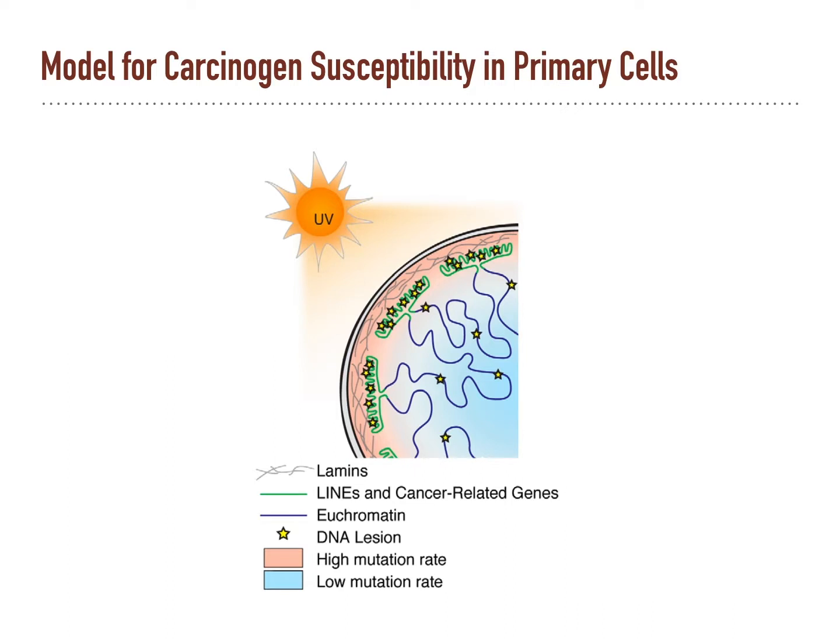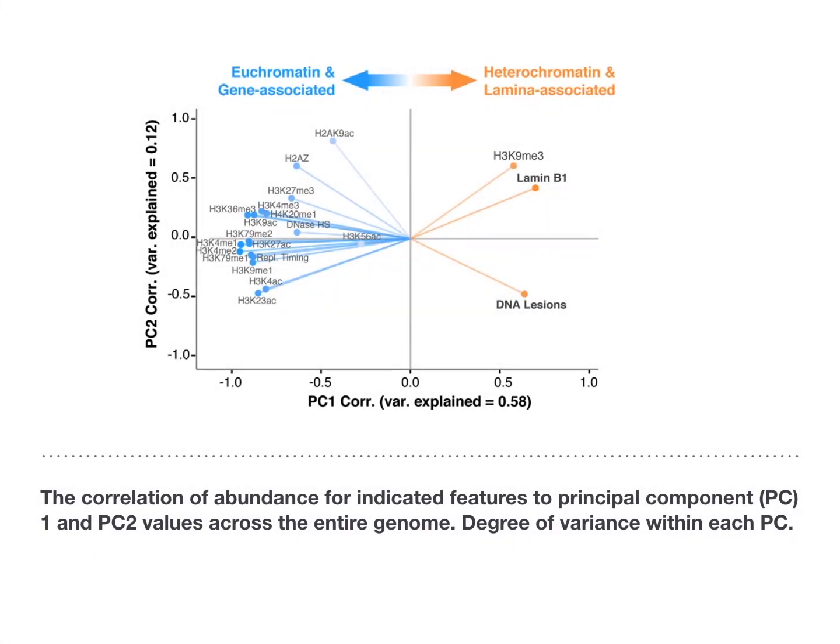This can explain the significant contributions that carcinogen susceptibility makes to the mutational variation in cancer. This diverse mutational spectrum is largely predetermined by inherent susceptibility to the carcinogen, while the degree of susceptibility itself is controlled and regulated by genome architecture. This figure shows the correlation of abundance for indicated features to the principal component between the euchromatin and heterochromatin. It specifically shows the tumor suppressors are significantly more susceptible and highlights the major contribution of lamina association and chromosomal